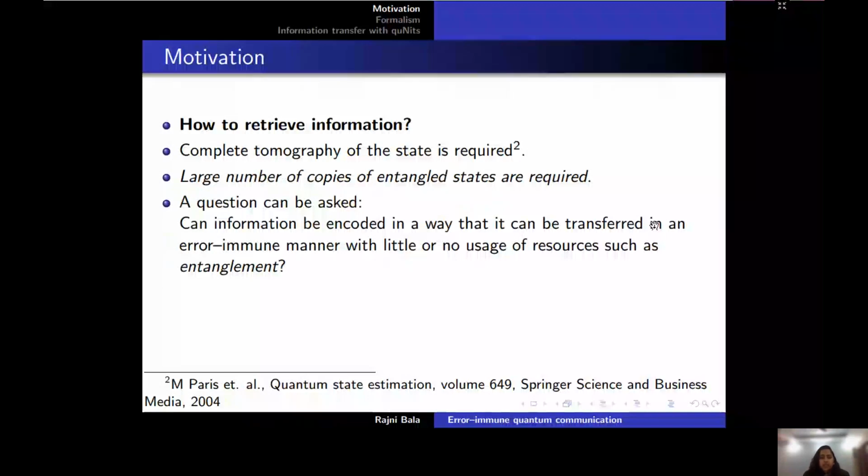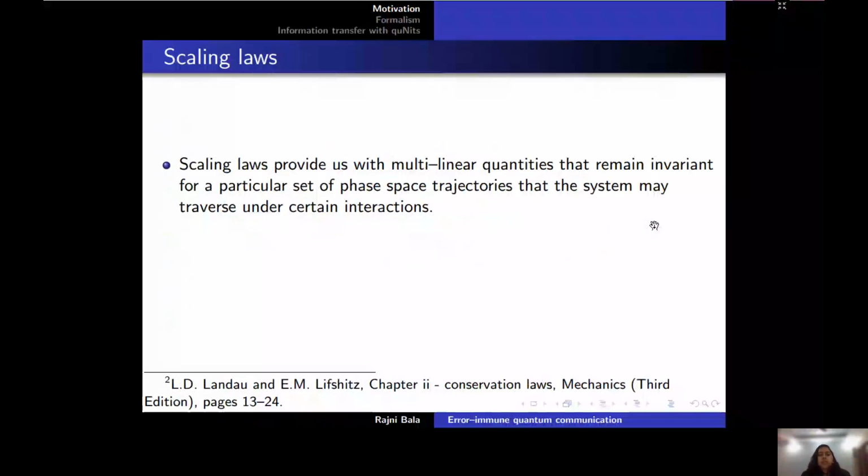Fortunately, the answer to this question is in the affirmative and is given by the scaling law. So let's see the idea of how scaling helps us in solving this particular problem. Scaling laws provide us with multilinear quantities that remain invariant for a particular set of phase space trajectory. We can understand this statement